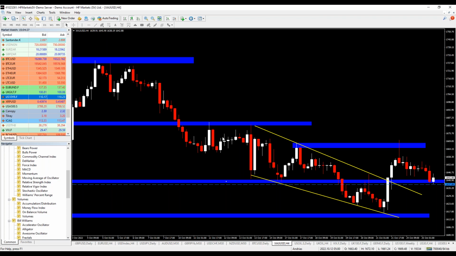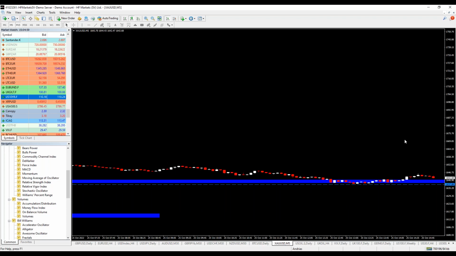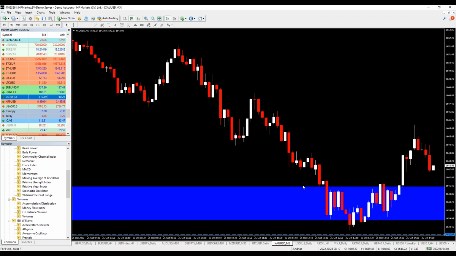So whatever you decide, whatever suits your personality, and also the time that you have available to spend in trading, right? If you're busy with something else and you don't have a lot of time to dedicate to trading, then you need to consider higher time frames. But if you have, for example, 3 or 4 hours a day to be committed to trading, then you can consider short time frames.